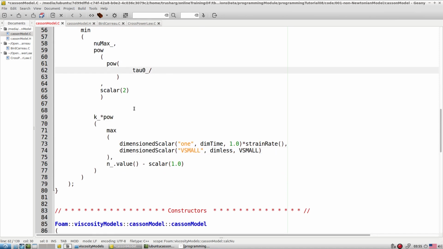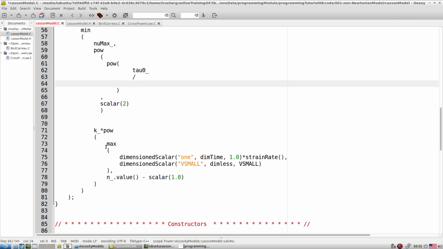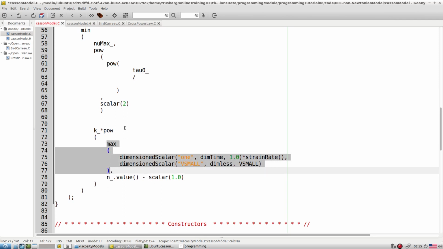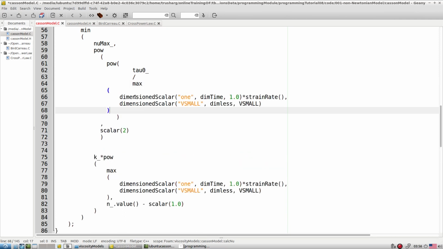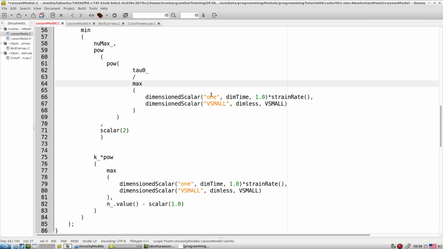So we say max of strain rate, and then divide by, we want here max of some value. Divide by maximum of, now the dimension setting is not required, so we say strain rate,